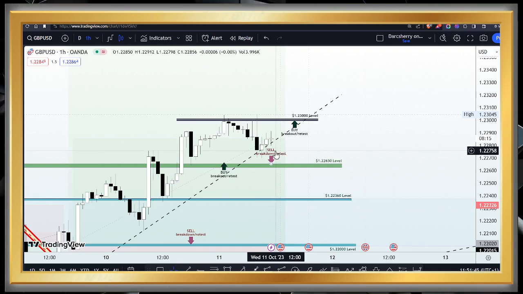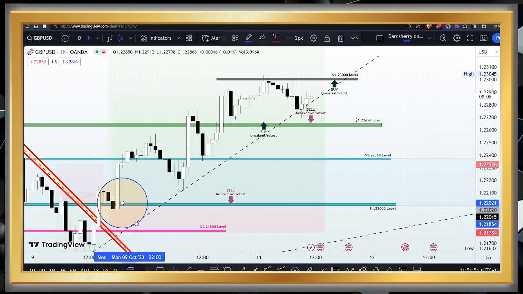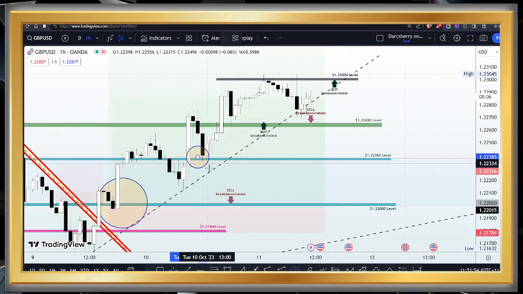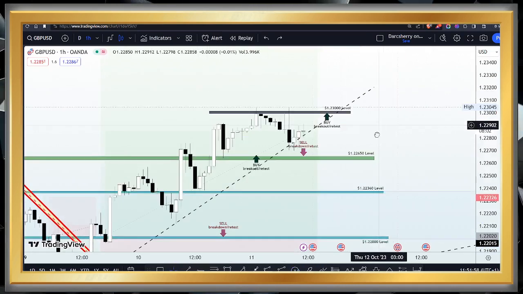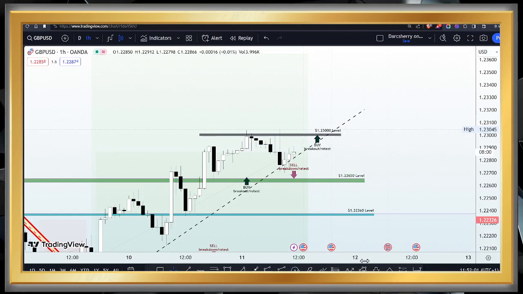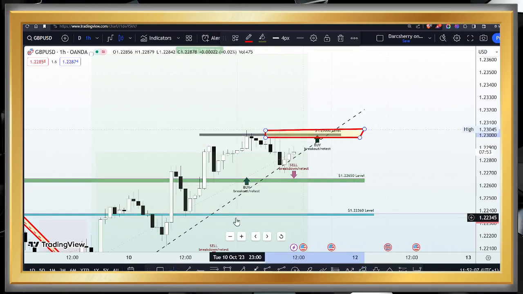Now, if you are profitable so far this week, that is, if you had joined us early, when we bought at the structures here, then you can afford to leverage on the profit you have made so far this week to test waters above the 1.23 by placing a buy stop order above this structure. Now, if we place a buy stop order there and price gets triggered, if it doesn't work, then we know that we're just risking some of the profits we have made so far this week.